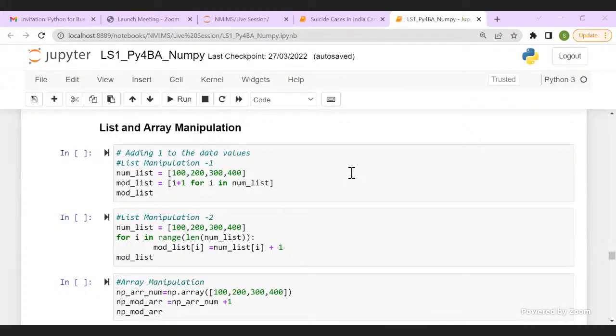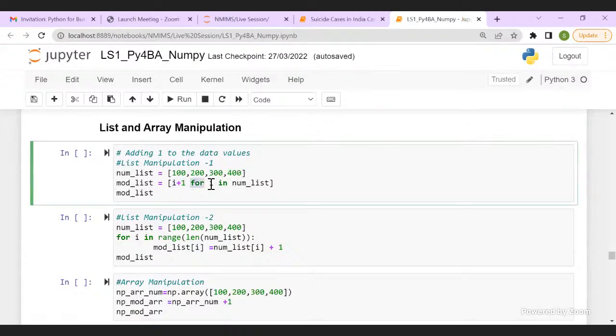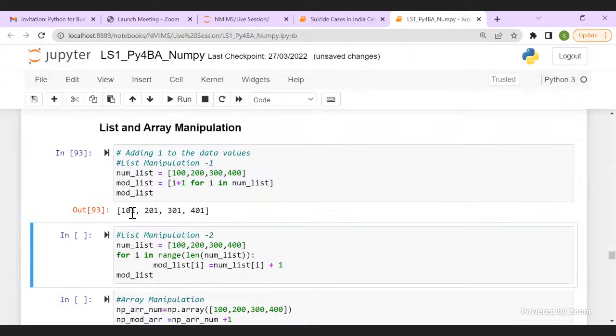For list manipulations, remember, if I want to add 1 to each element of my list, I have 2 options of doing it, right? Either I can use this short form. Say my list is 100, 200, 300, and 400. I'll just do i plus 1 for every i in my list. Okay. This is a short form. And when I run it,